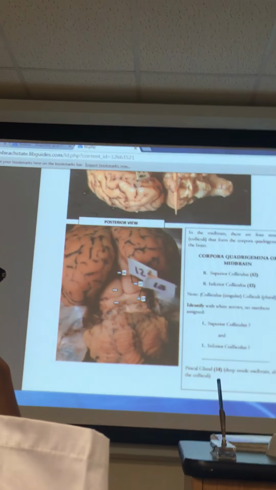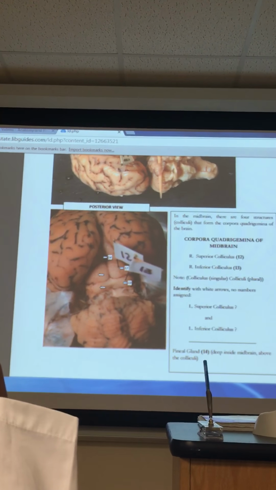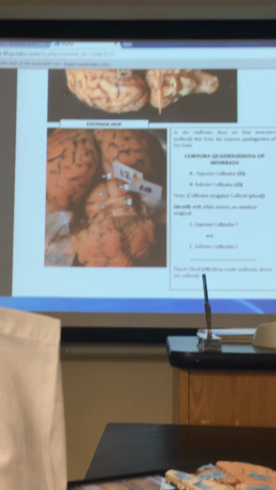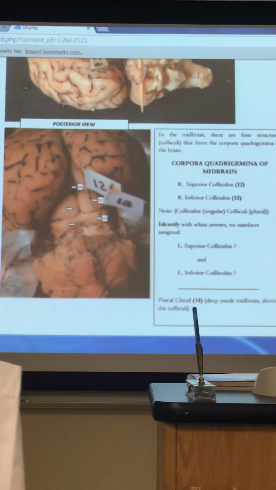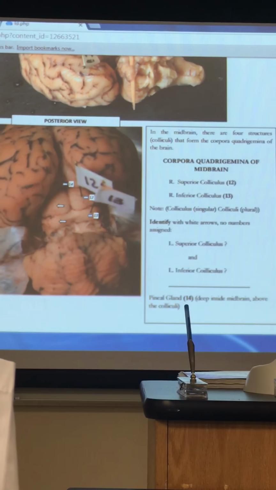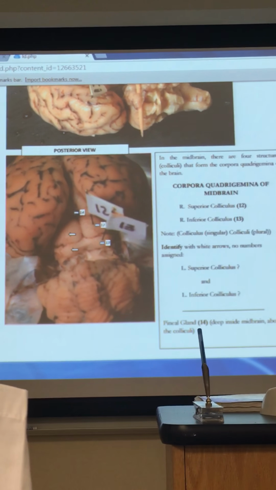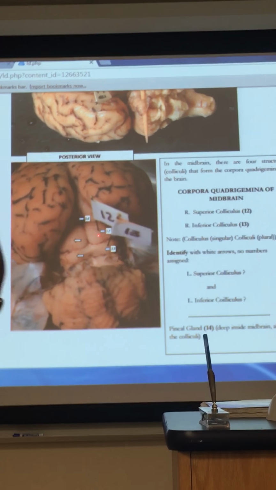Then we are going to separate the cerebrum and cerebellum apart. Okay, so when you separate them apart, you'll see this structure. When you go there, you'll see it better. Can you see four structures? So some students even call this like somebody sitting on